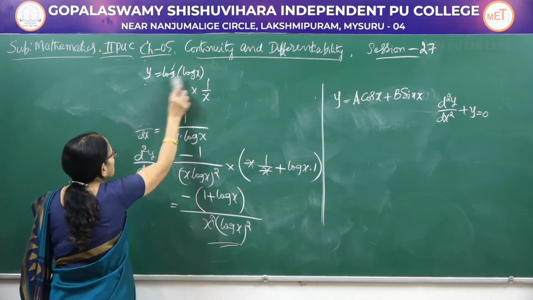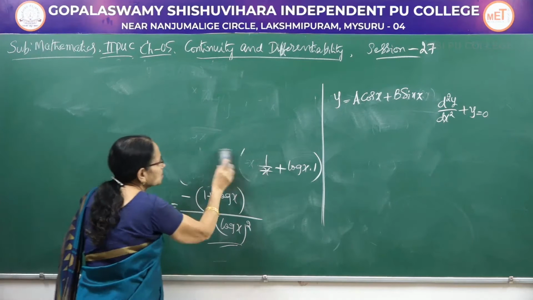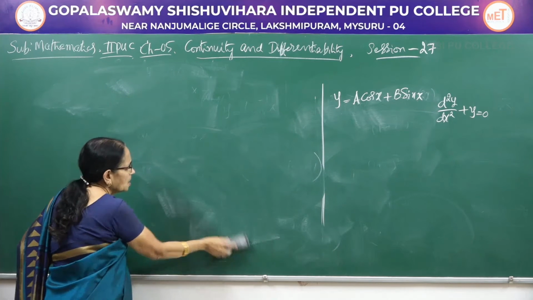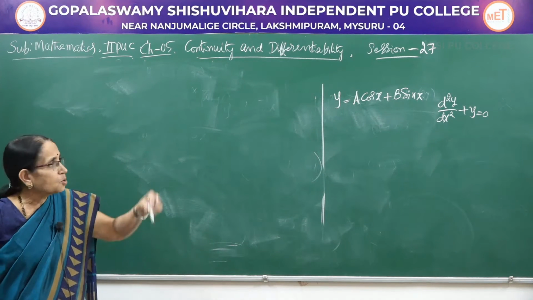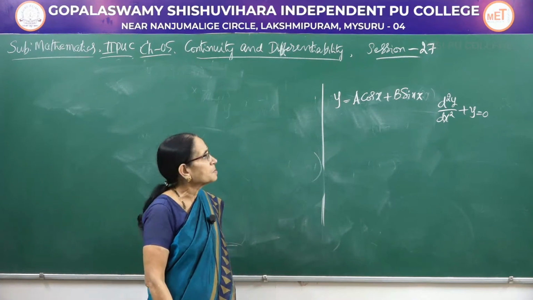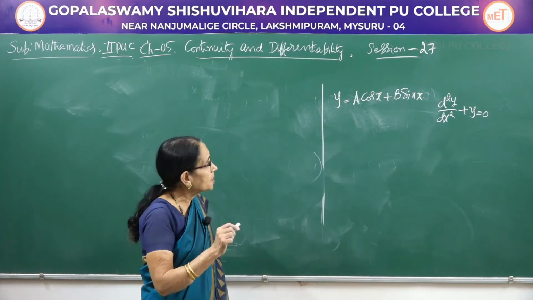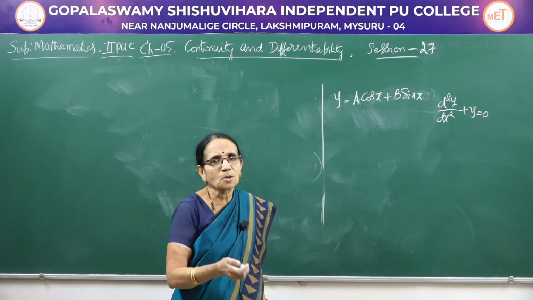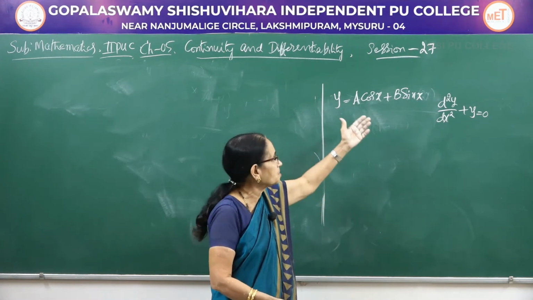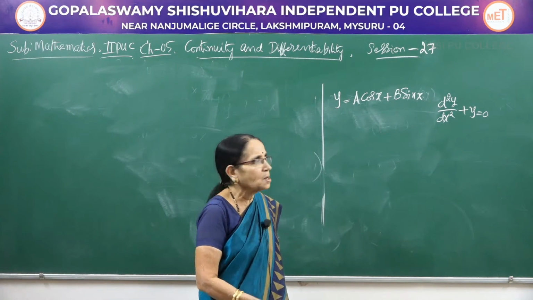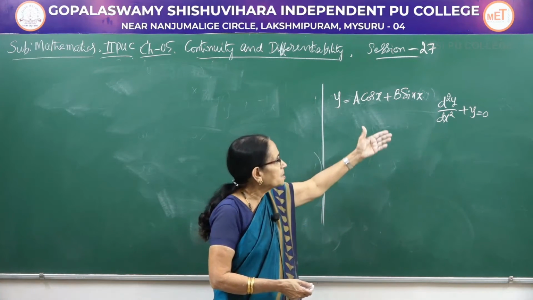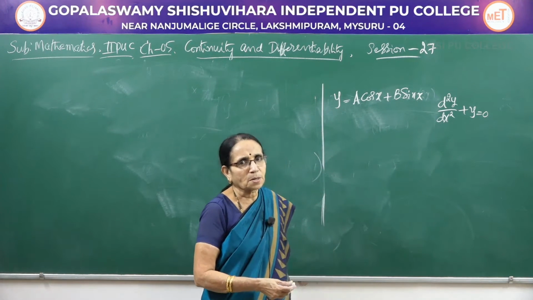Look here, what are a and b here? Even that can be expected for a 2-mark question only. y equal to a into cos x, or it can be given like this also, a into sin x plus b into cos x, or a cos x plus b sin x. a and b are some constants. In the place of a and b, some particular constants can also be given, like 2 cos x plus 3 sin x, 4 cos x minus 3 plus 7 sin x, like that also it can be given. I have taken a general constant here. If a particular value is given, you apply the same procedure, and the same type of answer is expected.